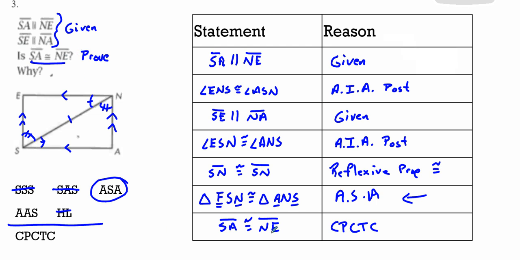If what you're trying to prove, like in some of the ones that you're going to do for practice, is that the triangles are congruent, you don't use CPCTC at all. To prove triangles congruent, we're going to use one of these 5. To prove parts of congruent triangles are congruent, then CPCTC comes into play. Okay? Now, with some of these proofs, you might even go a step beyond CPCTC. It's not necessarily always going to be the last step, right? And you'll see that as you practice some of the proofs